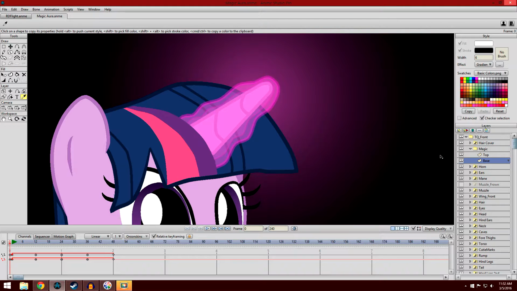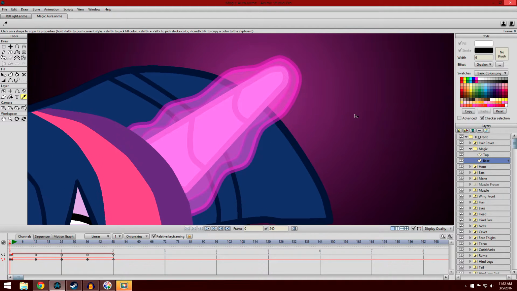So, the magic in My Little Pony has two parts to it. It has a base and it has a part sort of in the center of it, or on top of it, or whatever you want to say. So, as you can see here, we have this outer part, which we call the base, and this inner part, which I'm calling the top. So, all you have to do